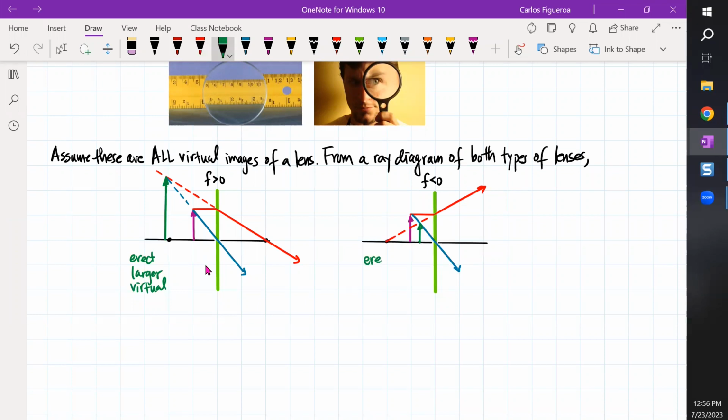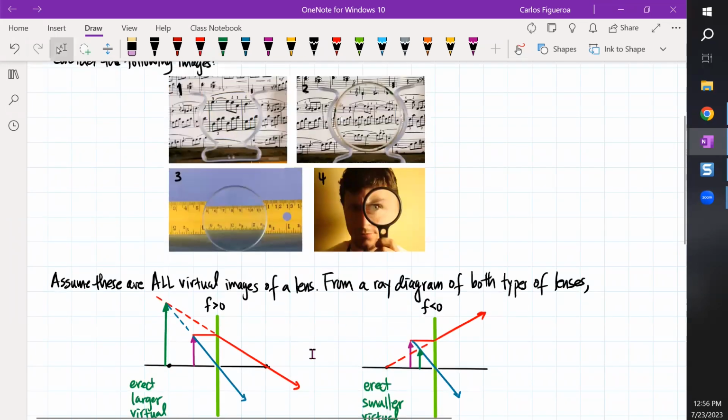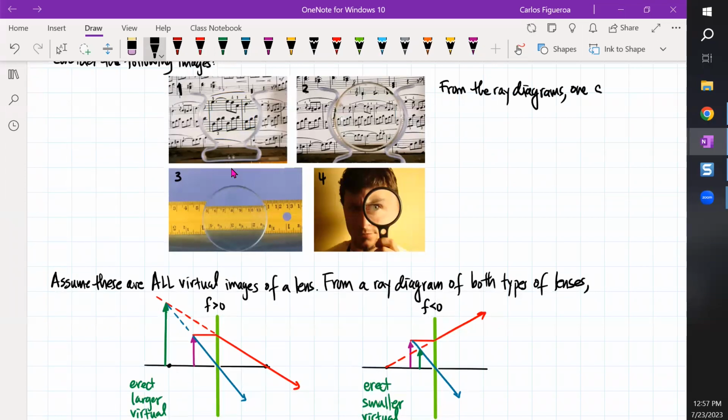So I have an erect, smaller image, and therefore it's virtual since it's erect. So what we're seeing here is, using these ray diagrams, we could tell, from the ray diagrams, one concludes